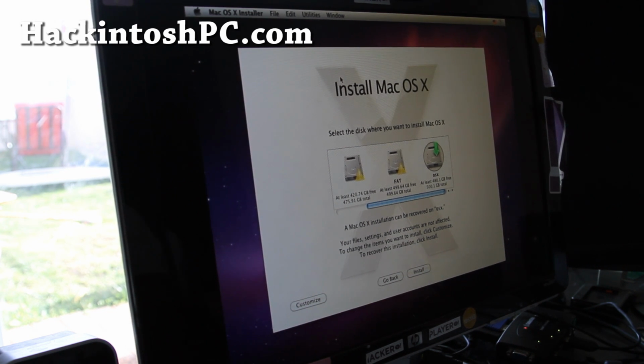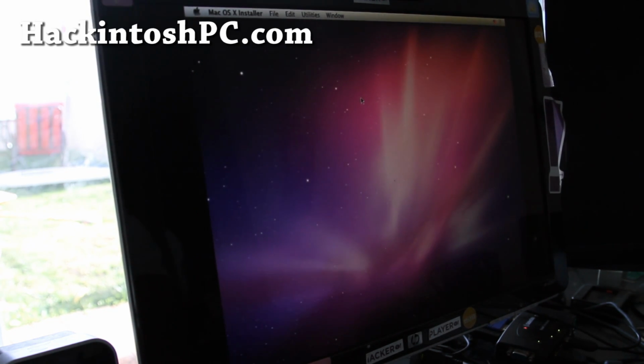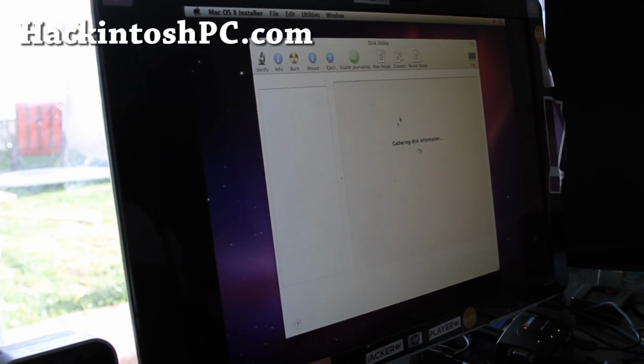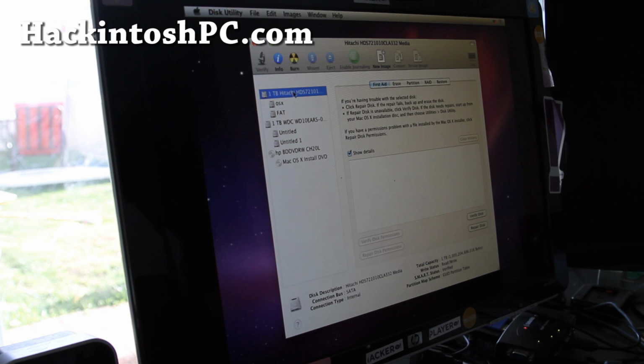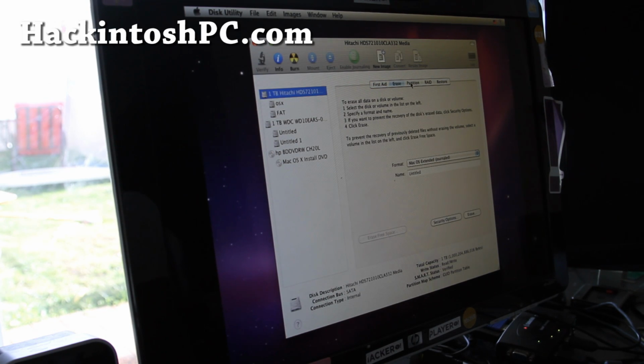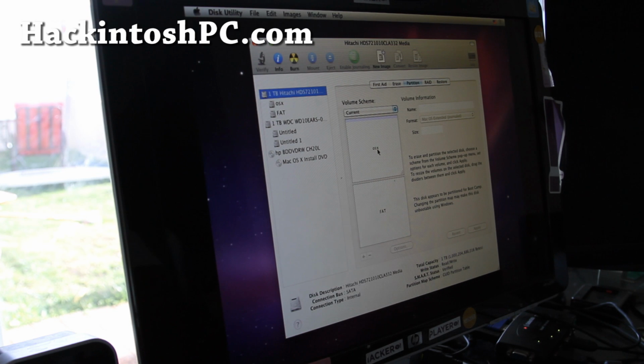If you've never installed a Hackintosh or Mac on one of your hard disks, you have to format it. So we're gonna format one of my disks again, just to show you. Make sure which one this is: my Windows and my Ubuntu, and this is the other, my free drive. So what you're gonna do is go to partition here and select 1 or 2 partitions. I like to do 2 partitions. That way I can put 50% of the drive as